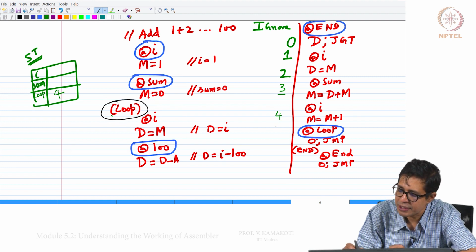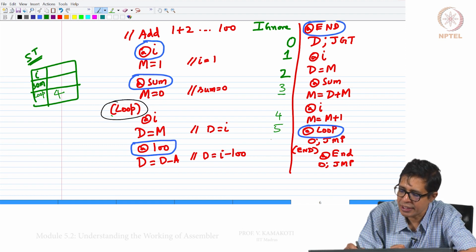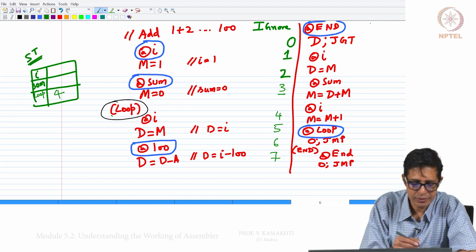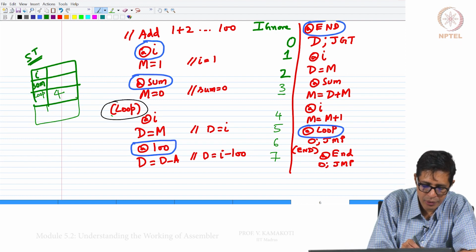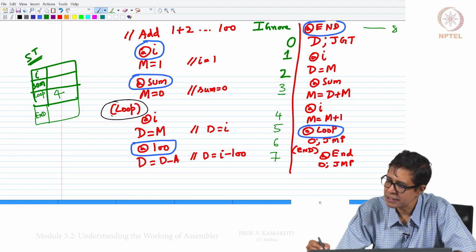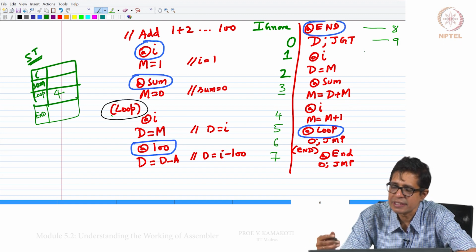Now, D equal to M, this is 5. Now, at 100 is a constant, so nothing to do, this becomes 6. D equal to D minus A is 7. At end, so we enter end here, and this is going to be your 8th instruction, then this is your 9th, we are just counting.